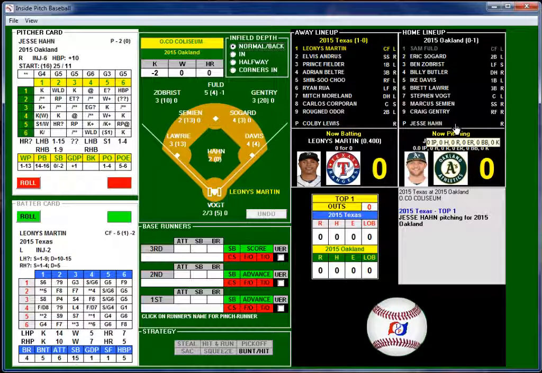And what I'm going to be doing from now on, after talking about it with some of my other baseball player fans out there, is just go back to what I was doing before. Because Inside Pitch gives you access to all the players that played on the team, what I'm going to do is basically relive the game more historically and bring in just the players that played during the game.